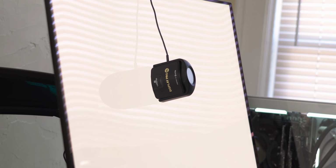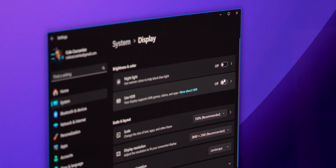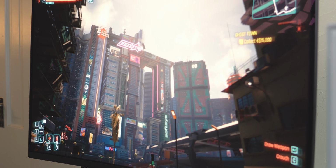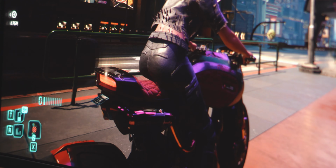I don't have the exact readings because I had some issues with my colorimeter, but during the day, my office gets fairly bright, so it can be a bit hard to see. With HDR on though, it's much better, and for my use, I recommend the true black mode. Now, HDR actually is where this monitor starts to have some real issues. The first and most annoying being that with it turned on, you can't actually edit any of the related settings